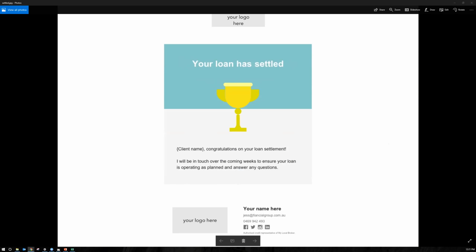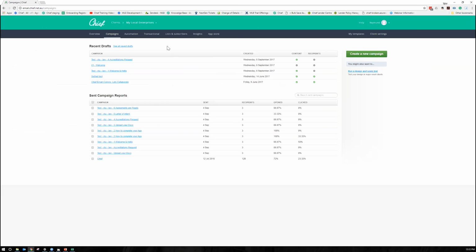So that's the next stage. And the idea is that we keep building out these segments and these automations on your behalf. So client communication isn't something that you're having to manage front of mind, front of house. It's something that you focus on processing loans and selling and working through with clients. And a lot of those touch points are handled on your behalf. That's the plan, that's the goal. There's a whole set of automations that come off the back of it. So what I can do is show you an example where